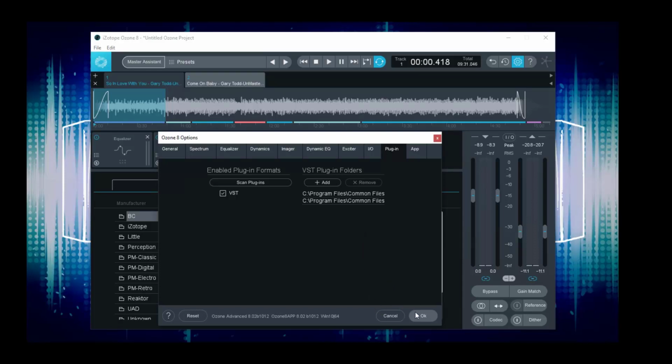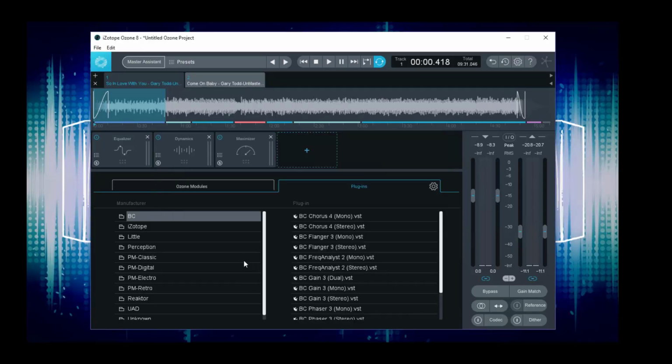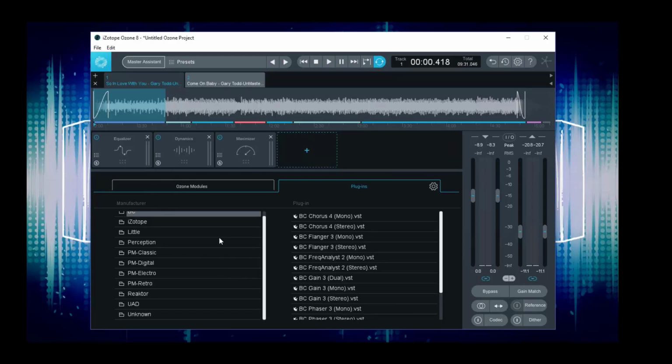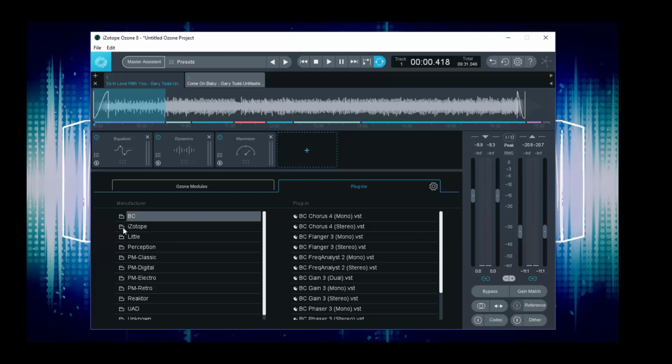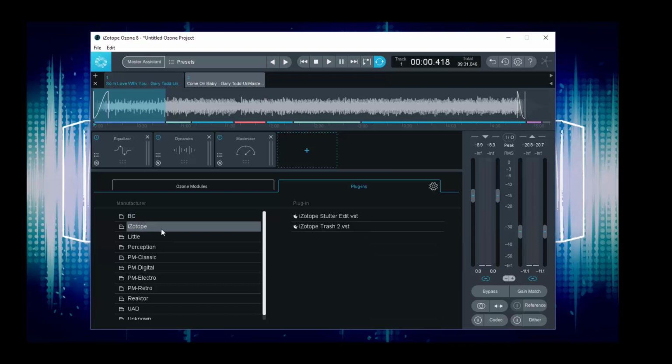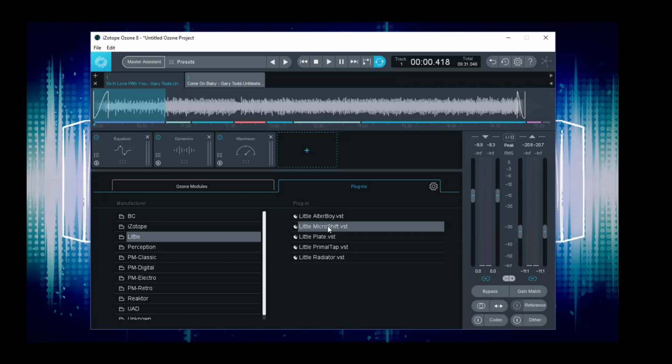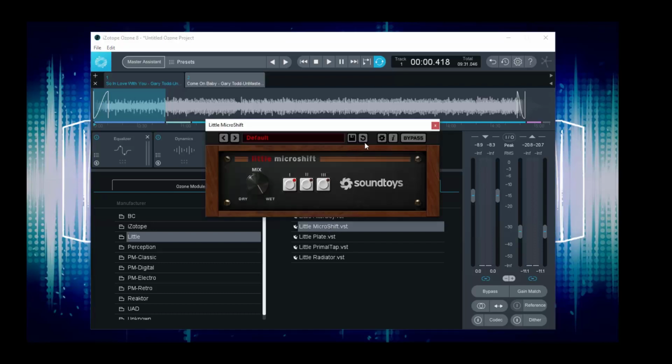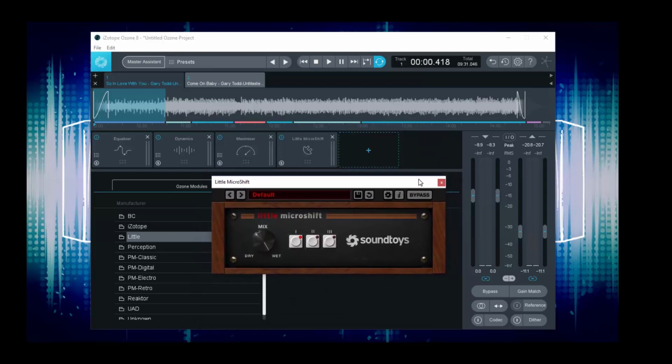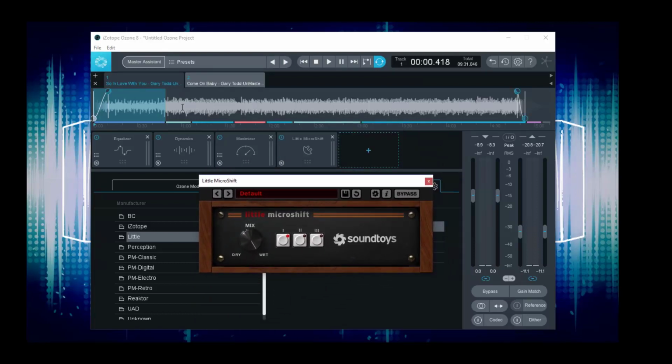Okay, so once it's finished scanning, then you can come across here and you'll see a whole heap of plugins appearing now. Obviously, we've got some iZotope ones. That's interesting, and we've got some other things. So, for instance, here, if I wanted to load a little microshift, suddenly it pops up, okay? And it should work on our mix. So if I play the mix here,